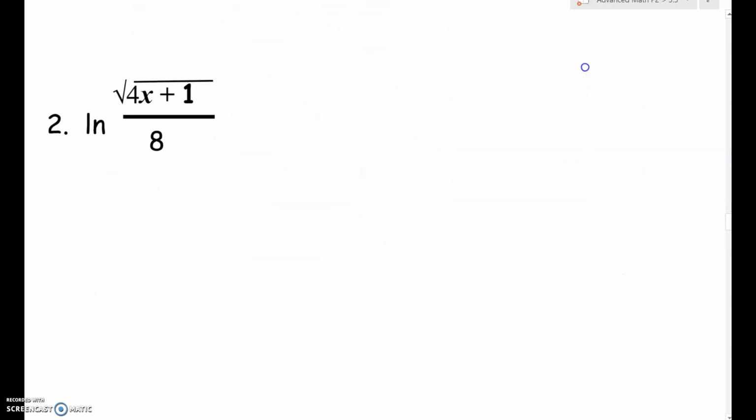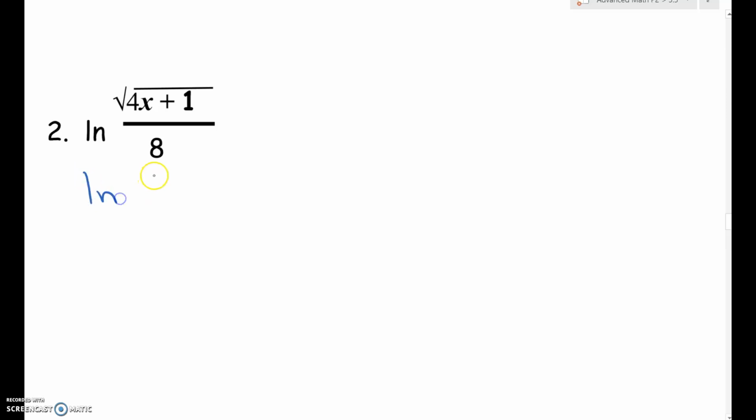All right, let's look at another one here, and then I'm going to stop this one. All right, so this one's a little trickier here. First thing I would want to do is change square roots to a power. So that's a 1/2. Remember, square root is a 1/2. We'll leave the 8. You don't need to break down 8 to like 2 to the 3rd or anything like that. Next, you have to do things in order. You're not going to bring the 1/2 out in front first because the 1/2 is only on the 4x plus 1. We've got to break it up at division, and division is subtraction. So this would become